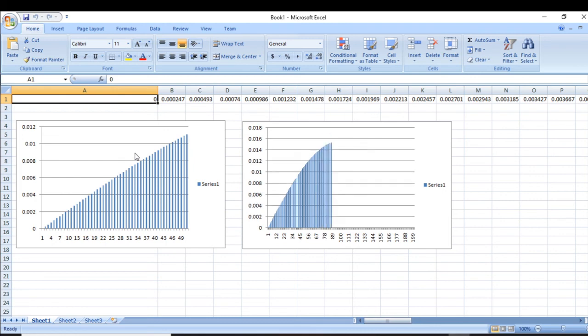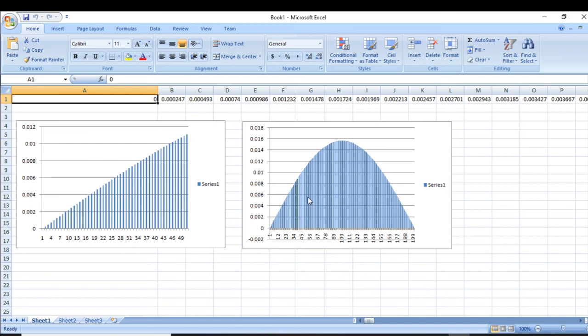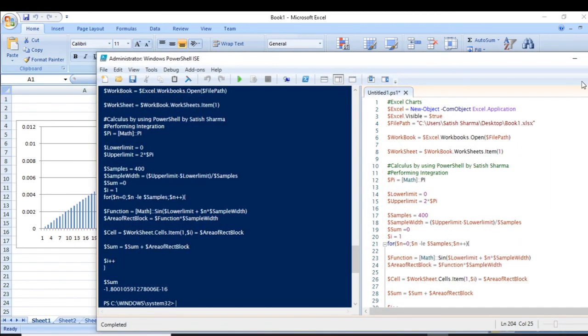See, my laptop is making sounds because it is very difficult to process these values right now. Now you can see that the density is increasing. It is easier to visualize here. As we increase the number of samples, the density is increasing, which is leading to increased accuracy. So let's see what the value will be.